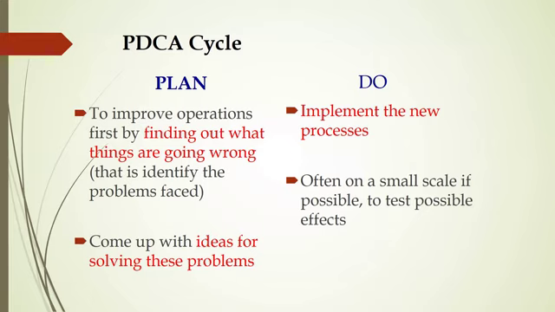Then under do, you implement whatever you said are your solutions. I can give an example. For low skill delivery, you said you want to bring on board the CHPs, the TBAs, and maybe other people concerned with increasing skill delivery. As you do that, you start implementing. Maybe you had targeted working with 50 CHPs, a good example. So you say